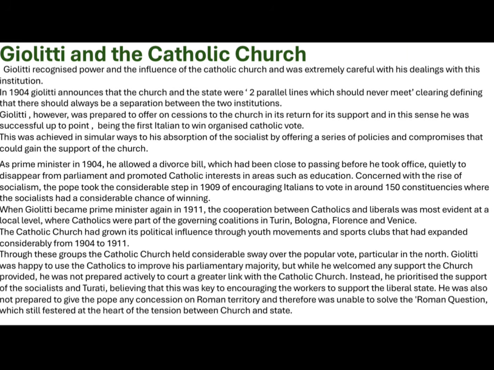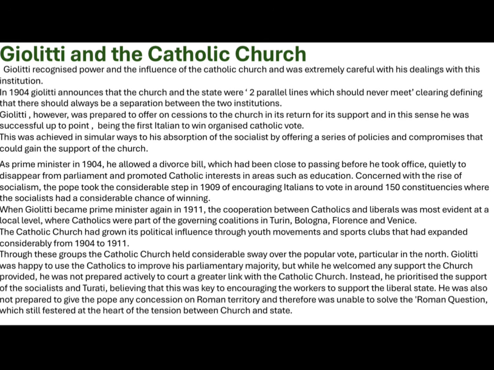Giolitti, however, was prepared to offer concessions to the Church in return for its support, and in this sense he was successful up to a point, being the first Italian to win organised Catholic votes. This was achieved in similar ways to his absorption of the socialists, by offering a series of policies and compromises that could gain the support of the Church. As Prime Minister in 1905, he allowed a divorce bill, which had been close to passing before he took office, quietly to disappear from Parliament, and promoted Catholic interests in areas such as